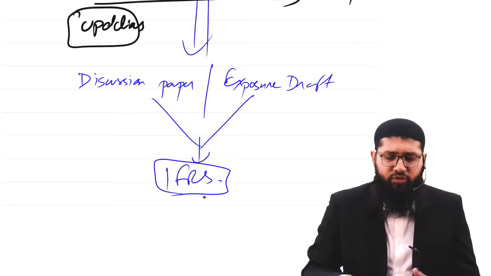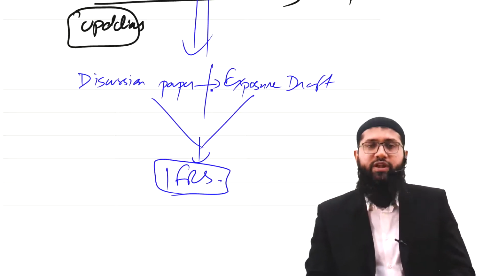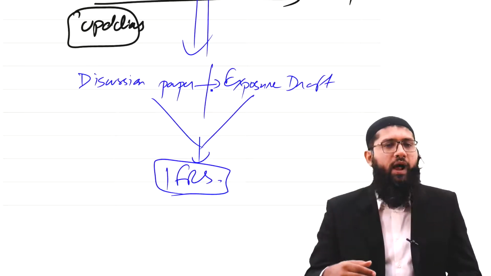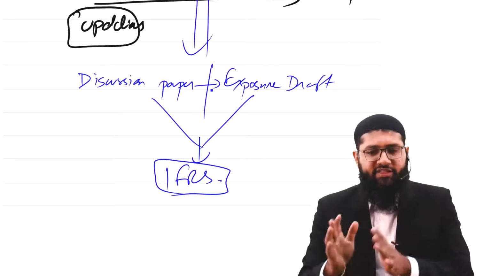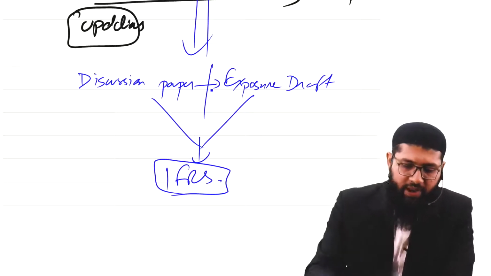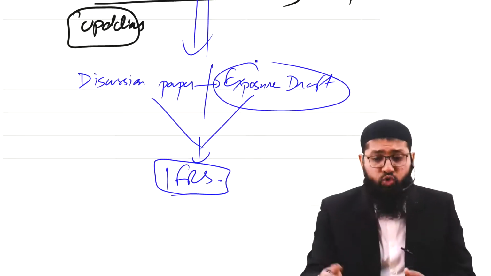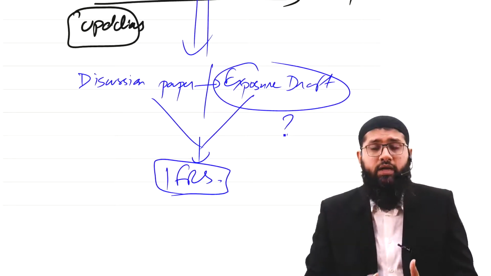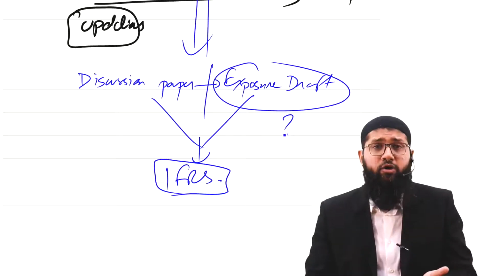Once they get through this discussion paper, they go on to the exposure draft publishing. What is this exposure draft? It's a draft that is published to the public, and the public is invited to comment that, look, this is how we expect the accounting standard is going to look like. So now, the public comments, and then after the public comments, the accounting standard body reviews that, okay, what have we done? Why is the public criticizing us so much? Let's put it to the board. Let's bring about some amendments, etc.